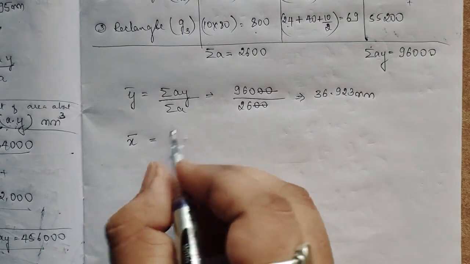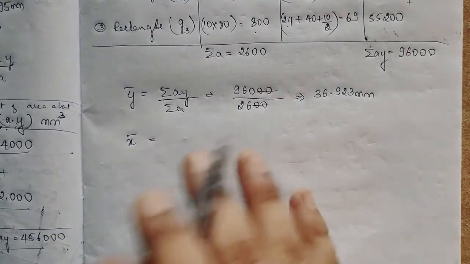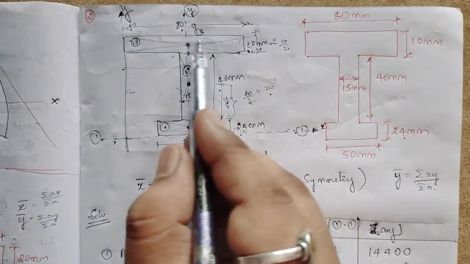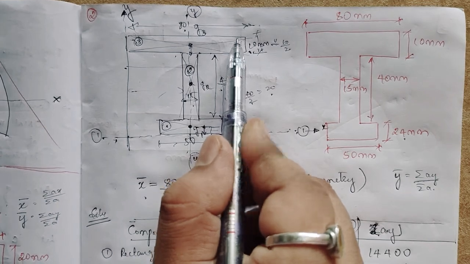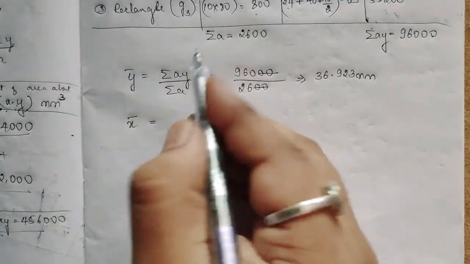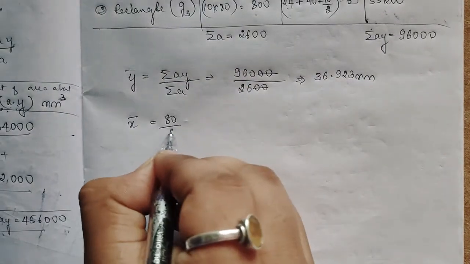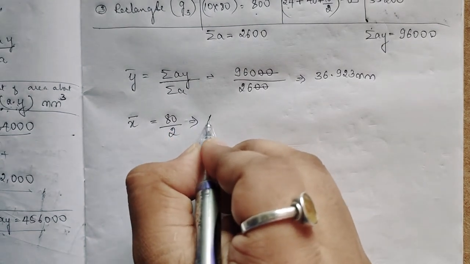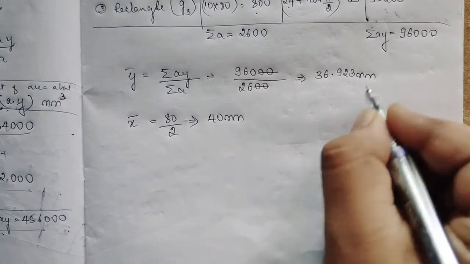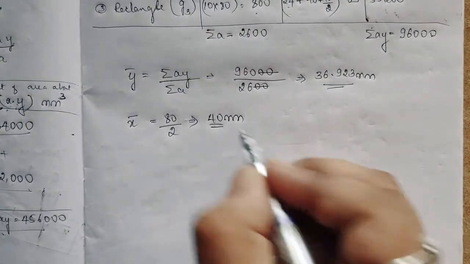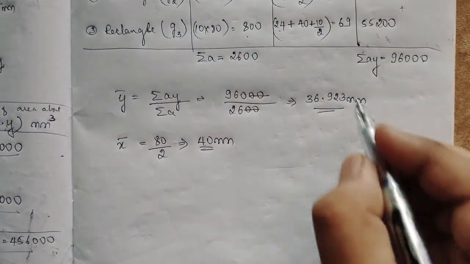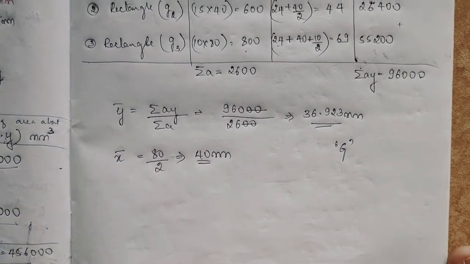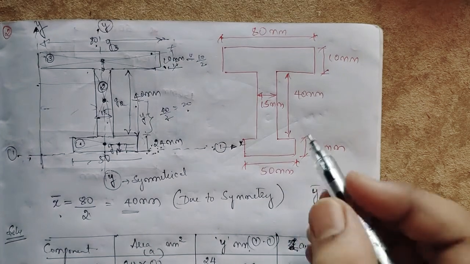So what is x bar? Due to y is symmetrical, what is the widermost length? 80. So 80 by 2, which is equal to what, your 40 mm. So what it means, the centroid of the given figure G will be, see here the centroid will be,